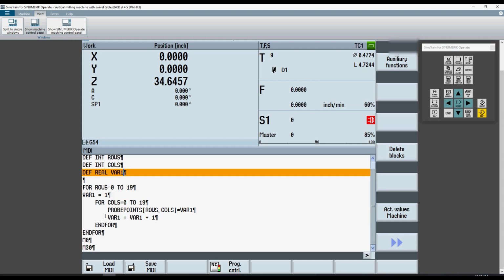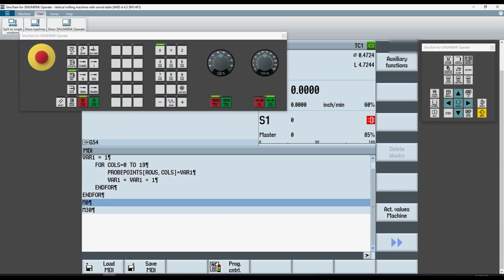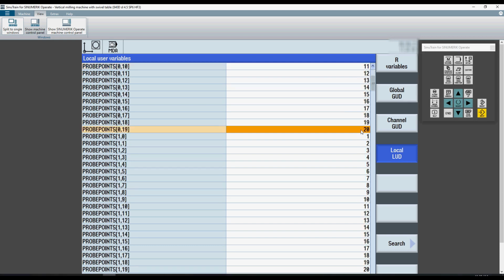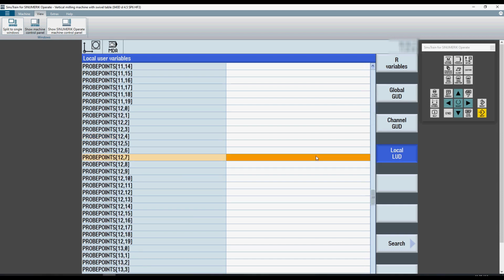So to show you how these for loops work with each other, if I cycle start and go to my offset page, we can see that here we have probe points 1, 2, 3, 4, 5, 6, 7, all the way up to 20. As it exits the inner for loop, it then resets back to 1, continues the count up to the next 20, and then just keeps repeating that over and over through all of the